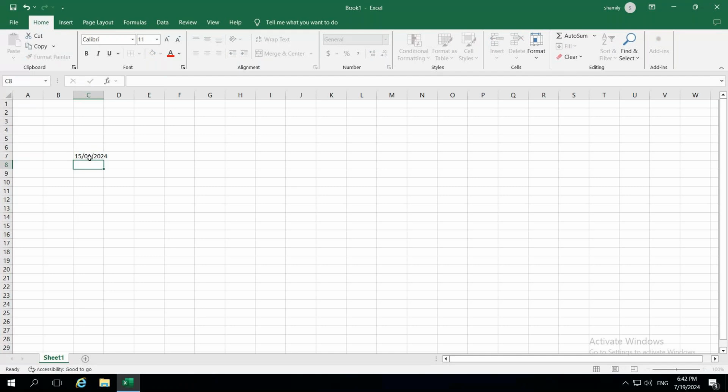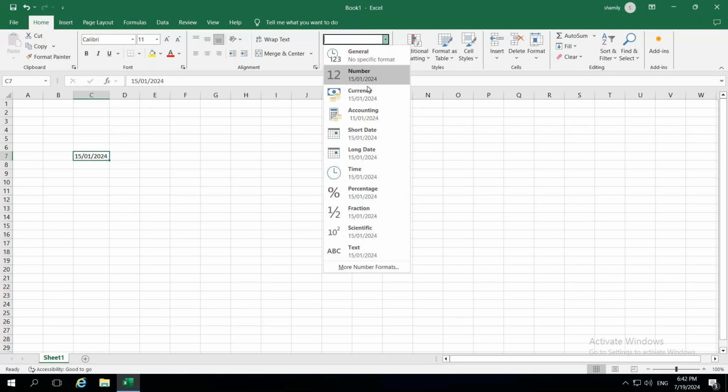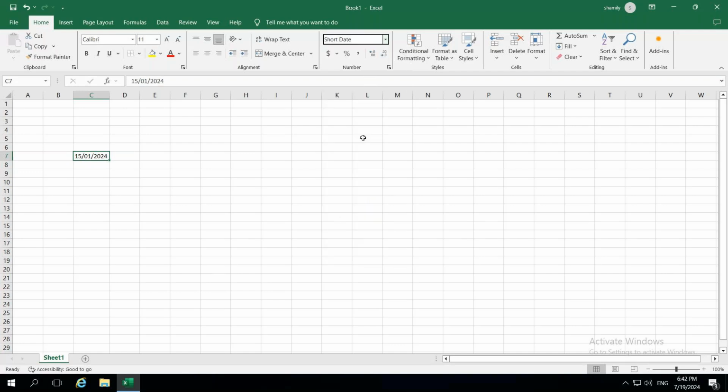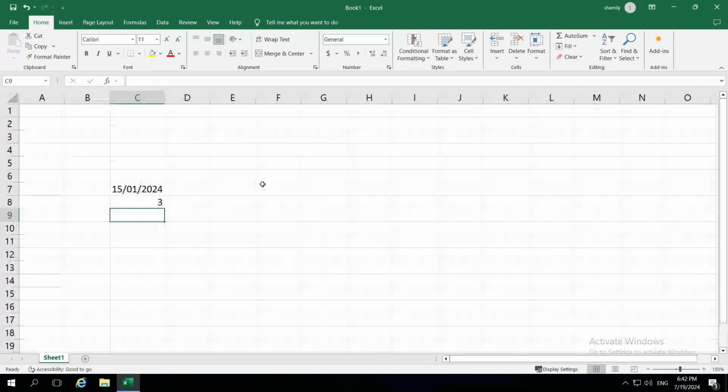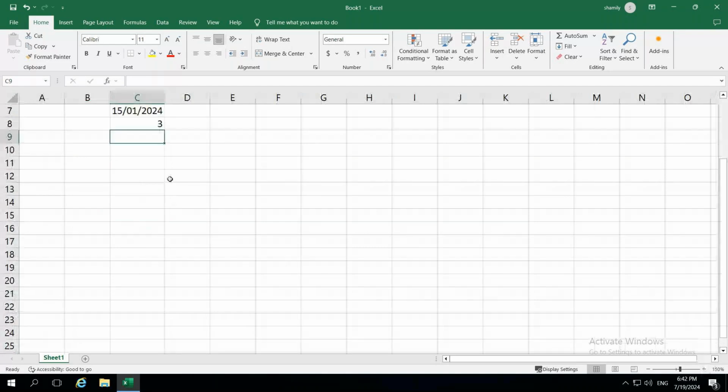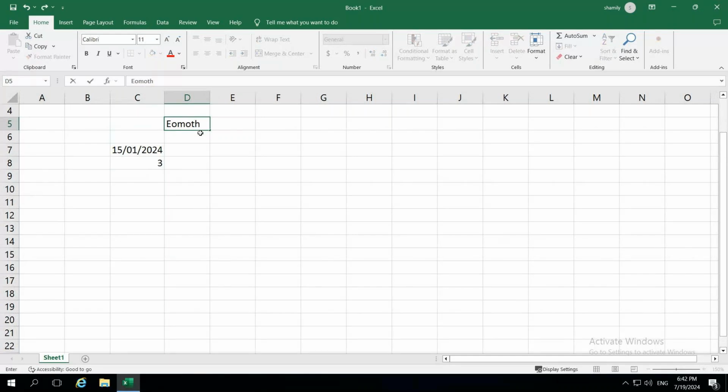This is a date which I have given. Okay, date format. So here you can take it as date, short date. Now after 3 months I want to know what will be the date. So one option is EOMONTH, the other one is EDATE.